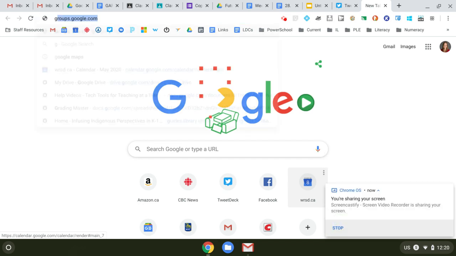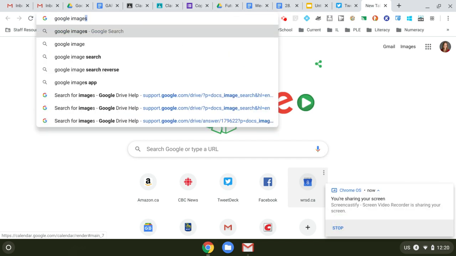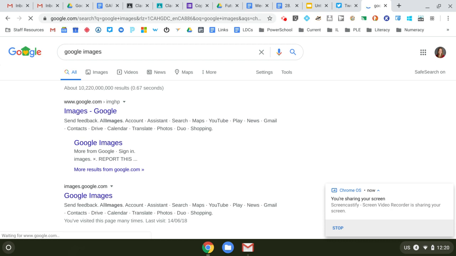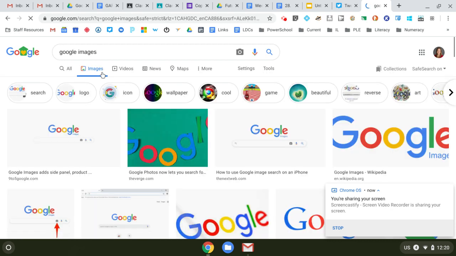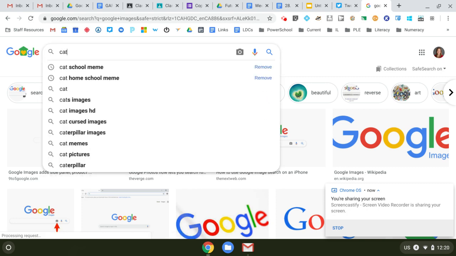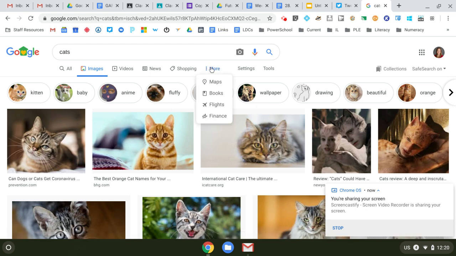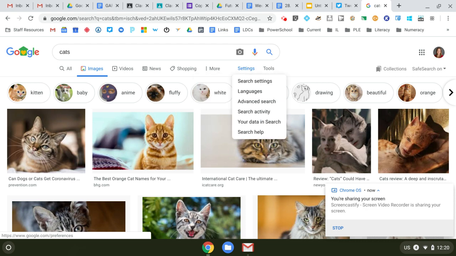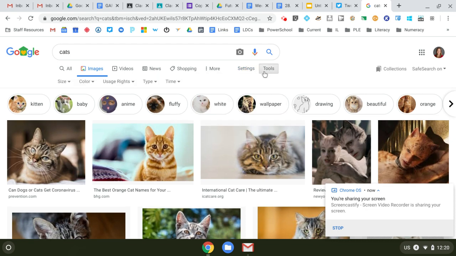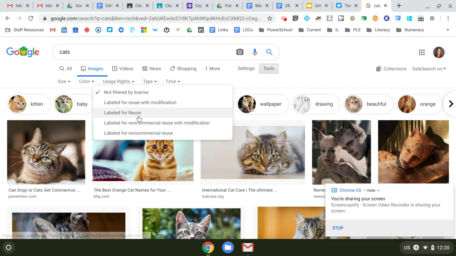So when you are searching for Google Images, in order to cite your source properly and work within the copyright rules, you can go to your Google Images, and it's Googling Google right now, but let's Google cats. And then it's under settings. I do this every time. Tools. All right. So under tools, if you go usage rights, labeled for reuse, any of these four, what it